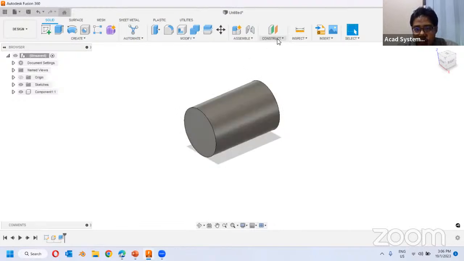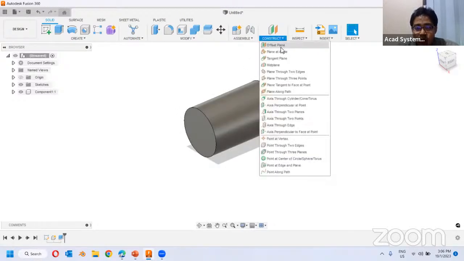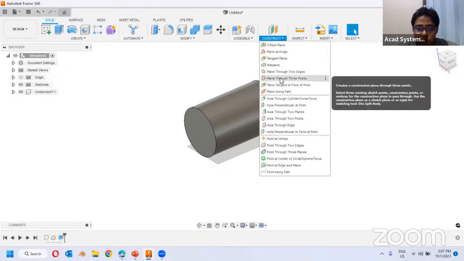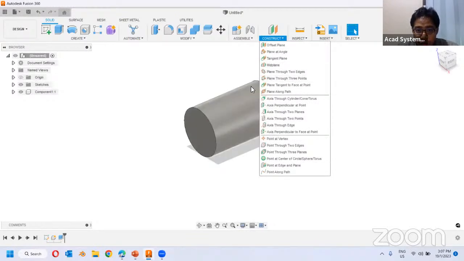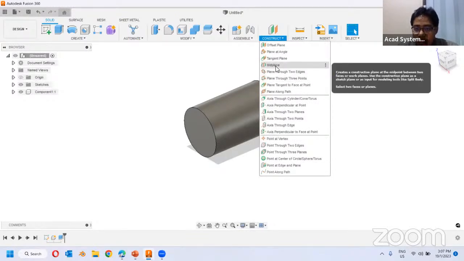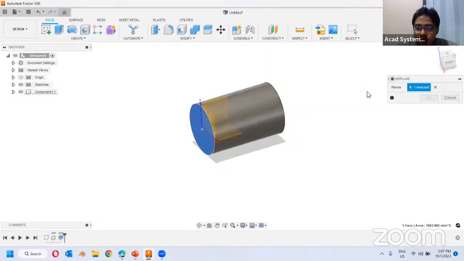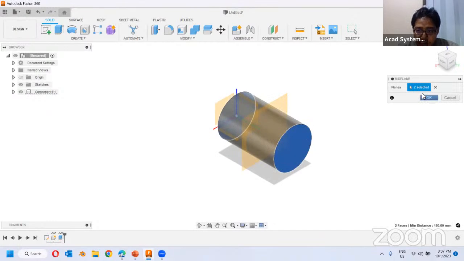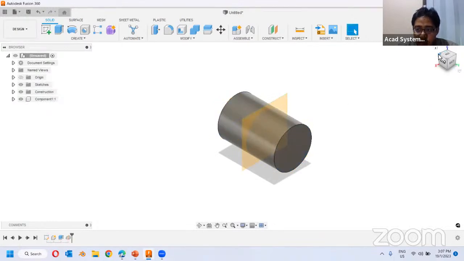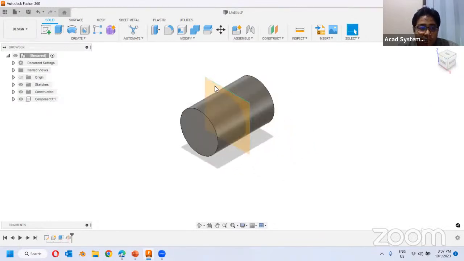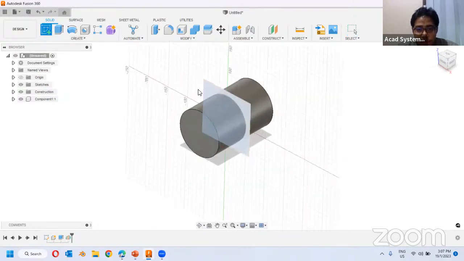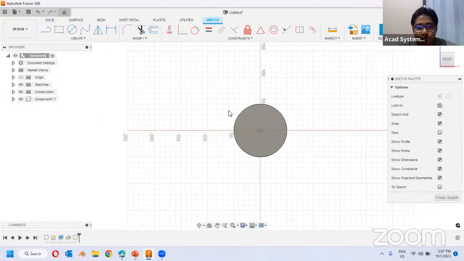To add the plane, you can go to the constructs over here. There are many types of plane that you can use from here. I want to use the one that can cut at the middle. So I'm going to select mid plane, select this face, and I can select the face over here, and it's creating this plane over here. Meaning right now I can create sketches at this plane. So I can click sketch, you can select this plane over here, and then from here I can start to